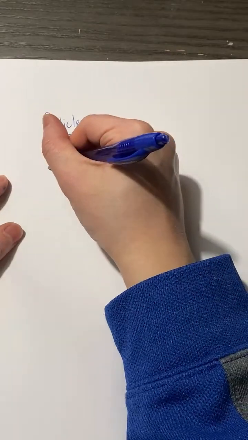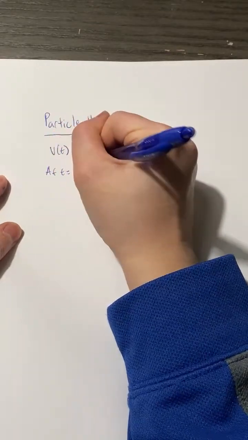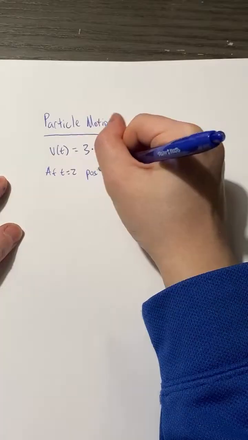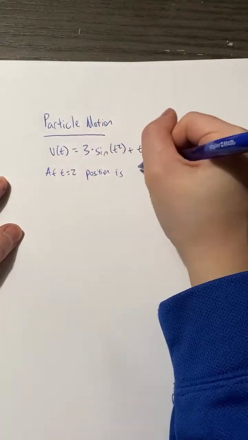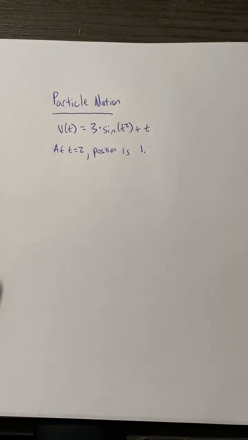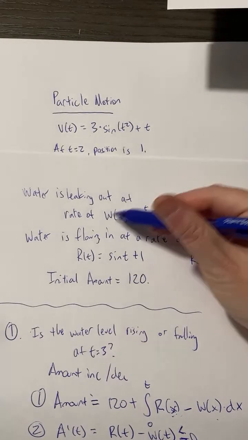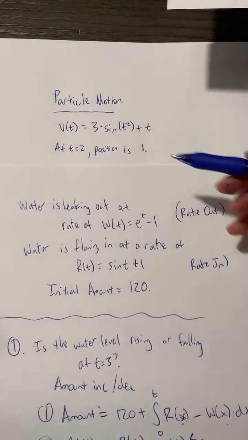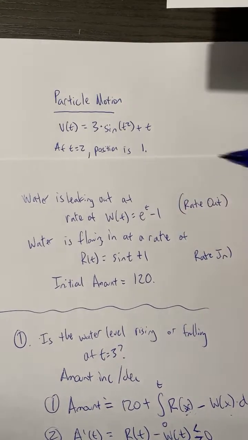So let's say at t is equal to 2, the position of the particle is 1. Okay. So these are our 2 givens. Keep in mind that these are actually the same 2 givens as our rate in, rate out. When you have a rate in, these givens match rate in, rate out